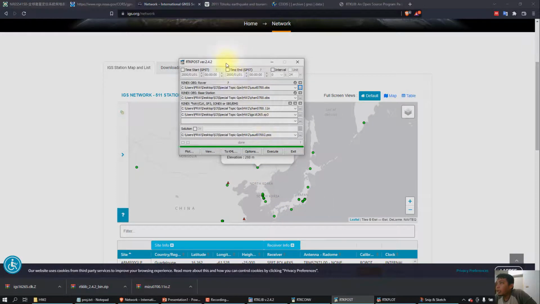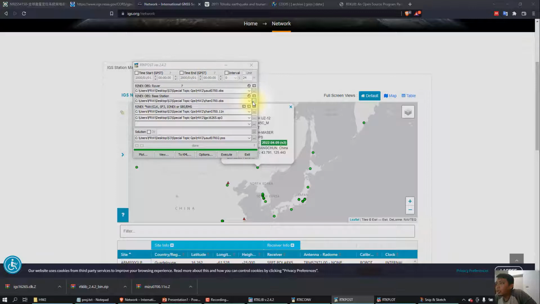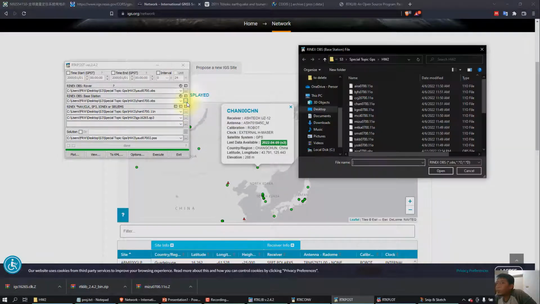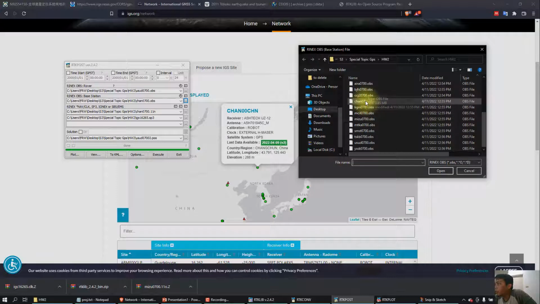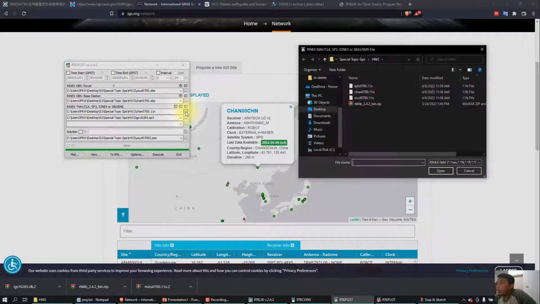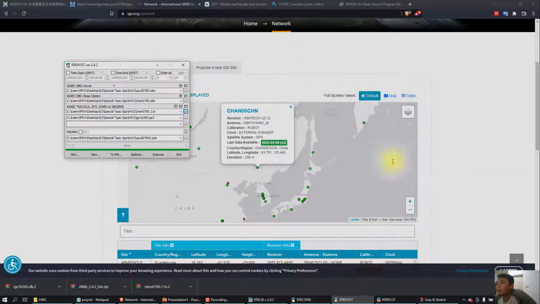So in the RTK post we use the CHAN station. Yeah, we use the CHAN station, and then we use the navigation file also from the CHAN, and